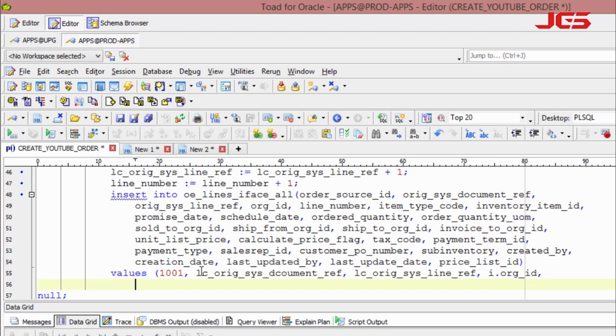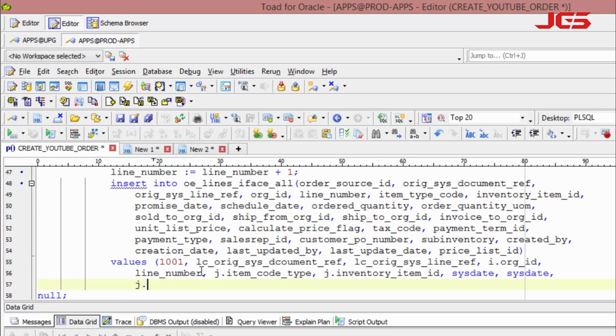Org ID, line number, item type code, inventory item ID, promise date will be sys date, schedule date will also be sys date, quantity, UOM code, primary UOM code,